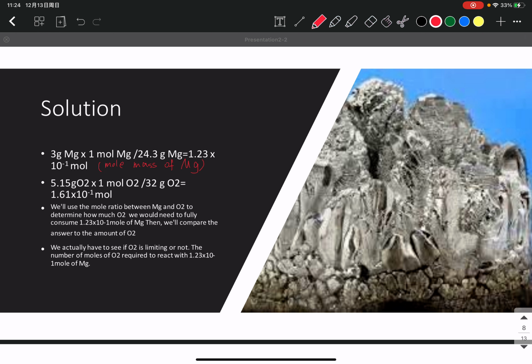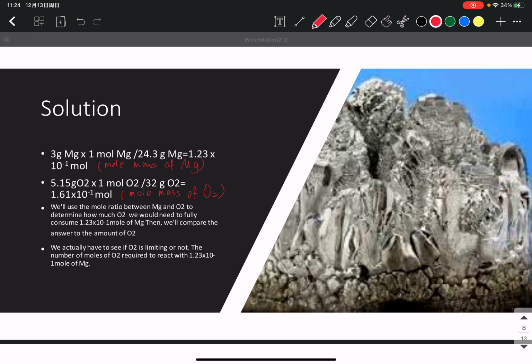And here is the calculation of the molar mass of oxygen. So we use the mole ratio between magnesium and oxygen to determine how much oxygen we would need to fully consume,